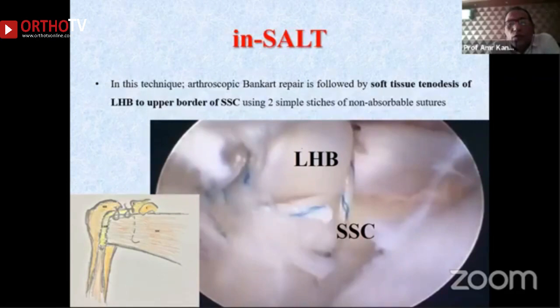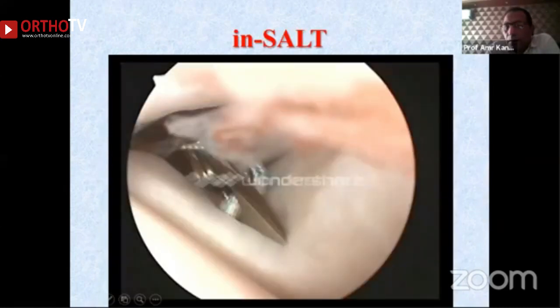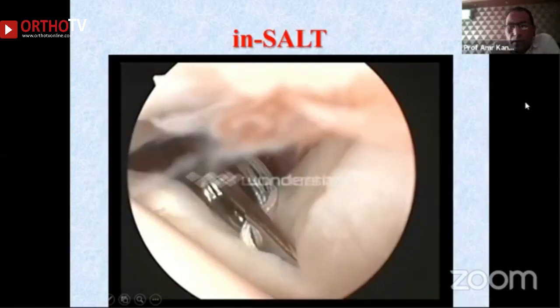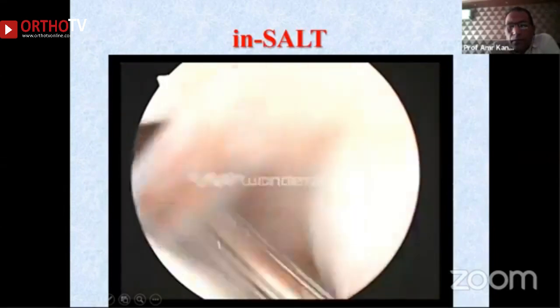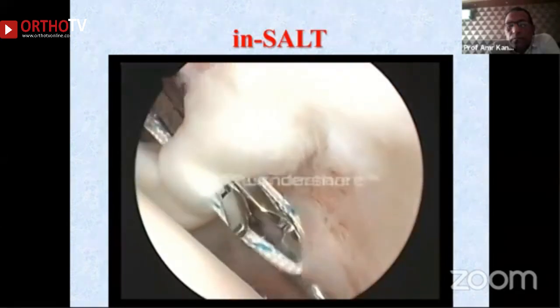The next video demonstrates the technical steps of this technique. It is performed following Bankart repair according to the next technical steps. Firstly, through the anterolateral glenohumeral cannula, established 2 cm distal to the anterolateral corner of the acromion, a direct suture pattern